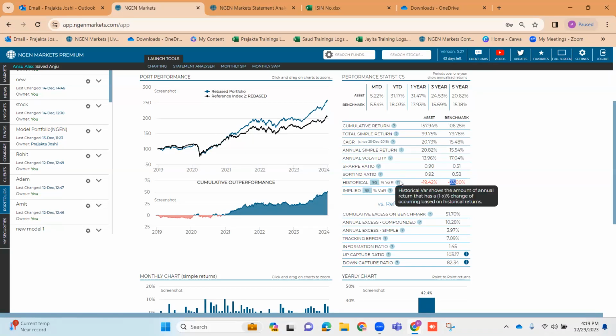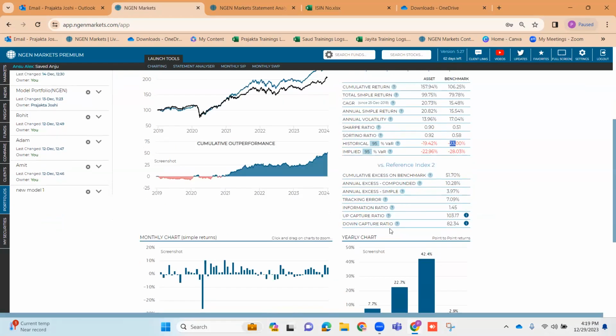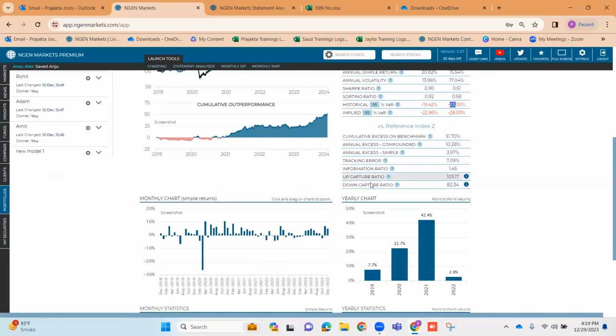Historical VaR calculates on the basis of the returns that have been generated, and implied VaR is calculated on the basis of historical volatility. Next, we come to the up capture ratio and the down capture ratio. These ratios mainly show the resilience of the portfolio against that of the benchmark in a bull as well as